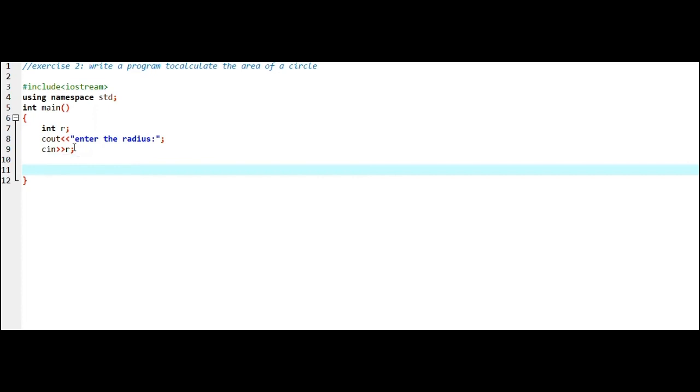Now let's calculate the radius r, or the area, cout. The radius is